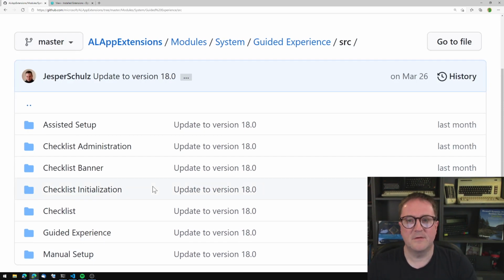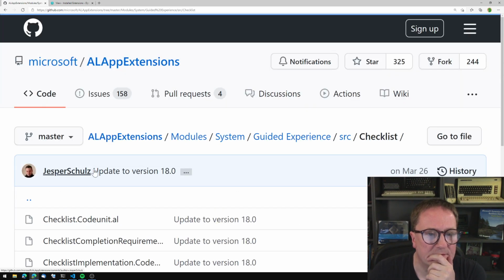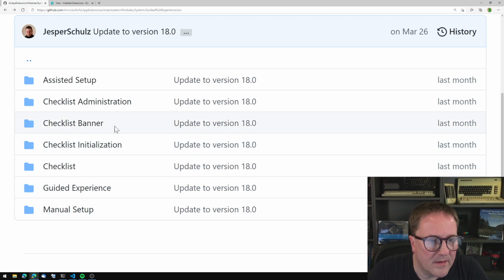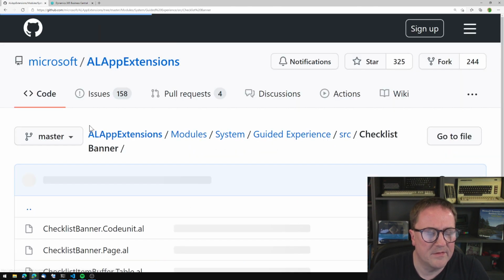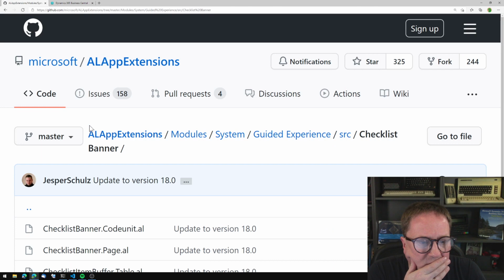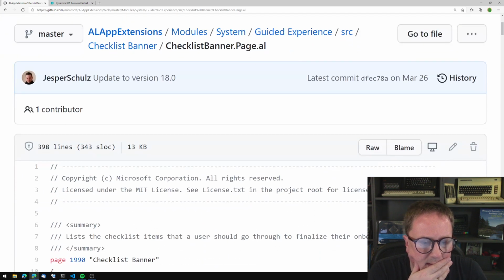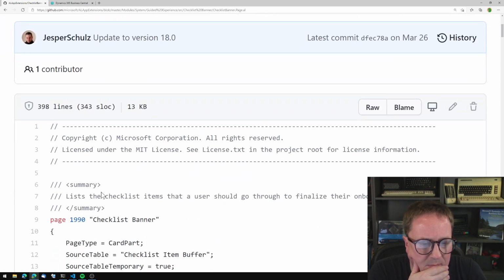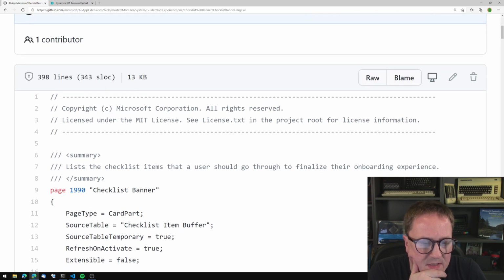So here is checklist. Also, but hang on, checklist banner. This could be a banner, right? This is kind of a banner. I think that we are on the right track here. Checklist banner page. Page type card part. Temporary extensible